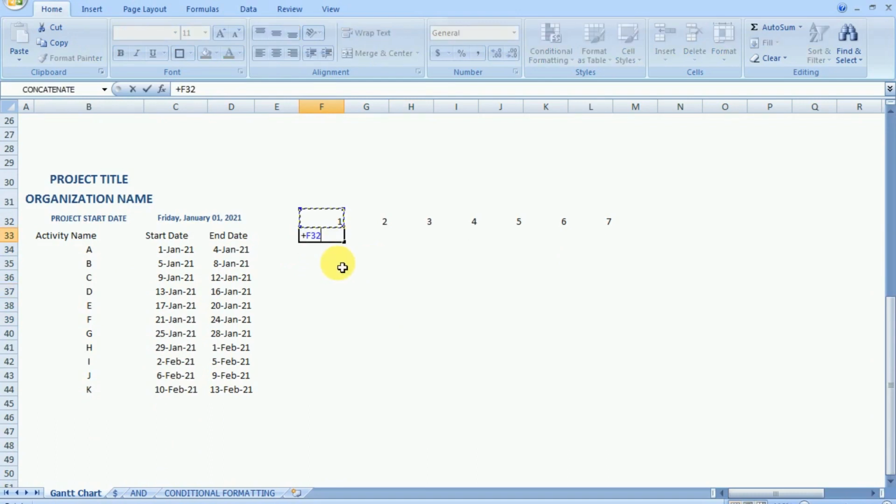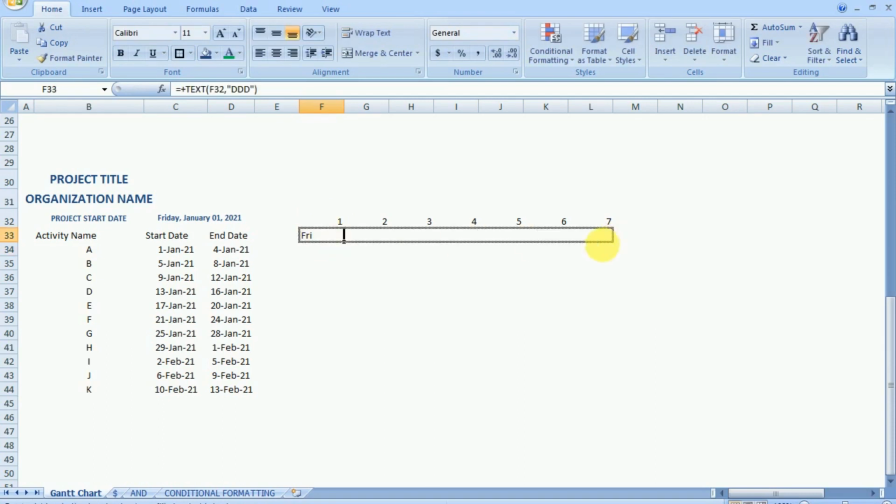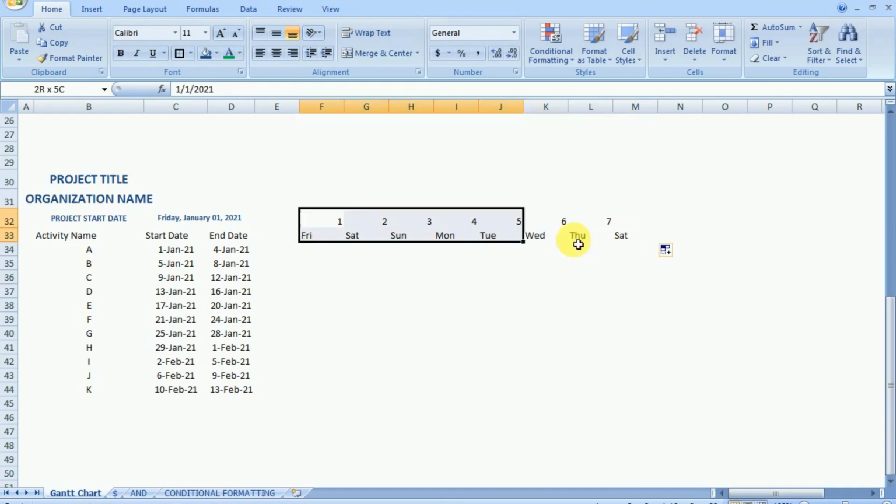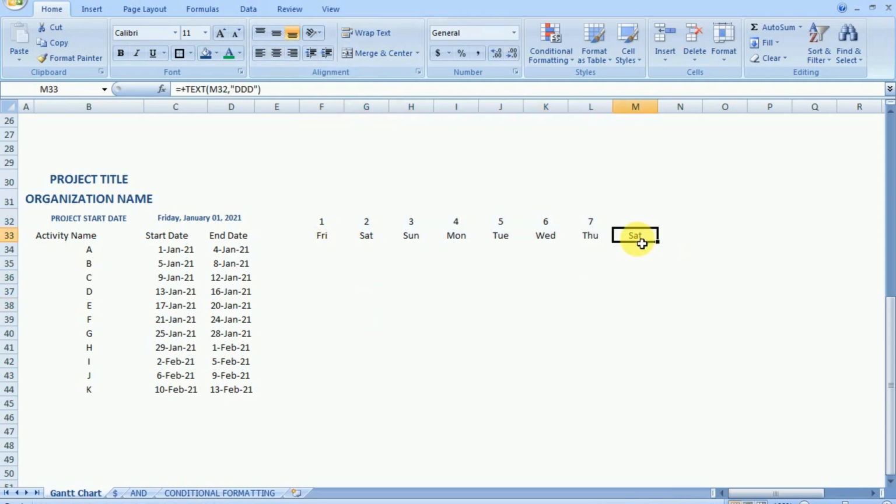Beneath these digits we want the first letter of the weekday, so we will use the TEXT command. The first input is the value, which is the date, and then the text format, which is ddd. So in this way you can type d three times there and see we are getting Friday, Saturday, Sunday, Monday and all the days. Now I want to represent only the first letter of the week.